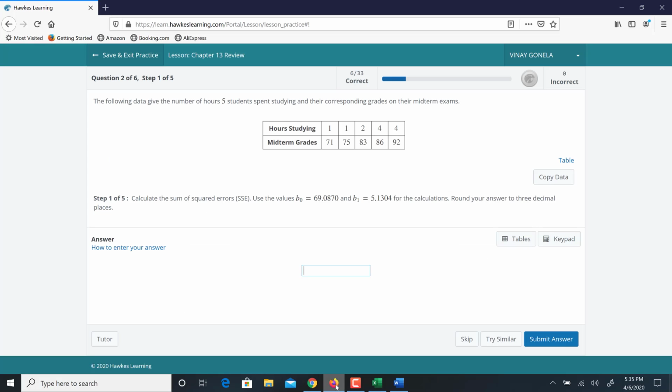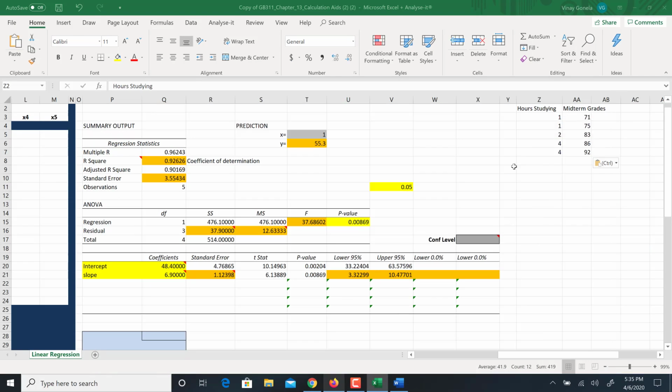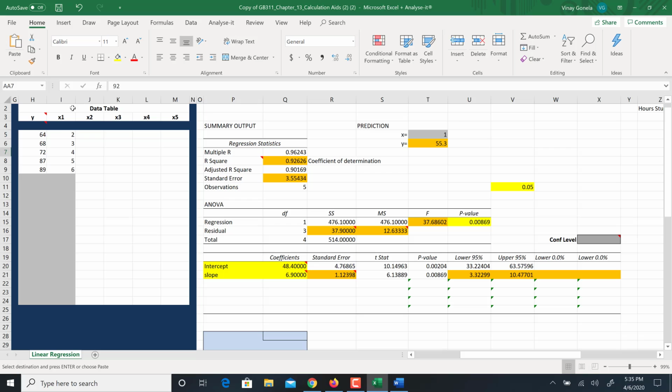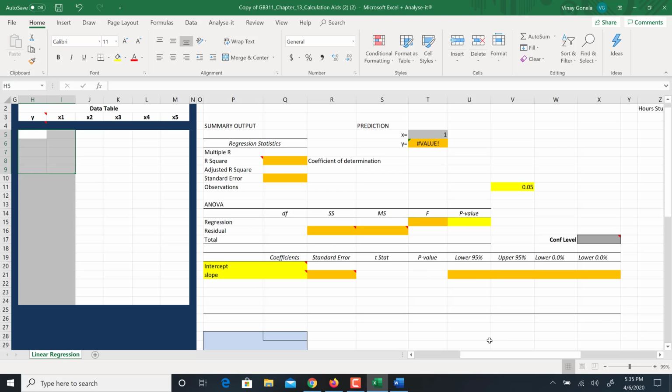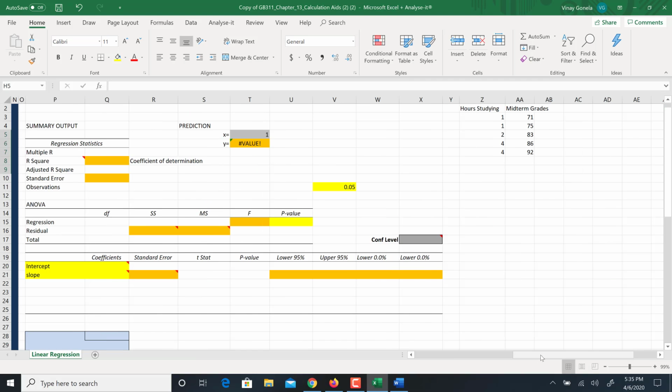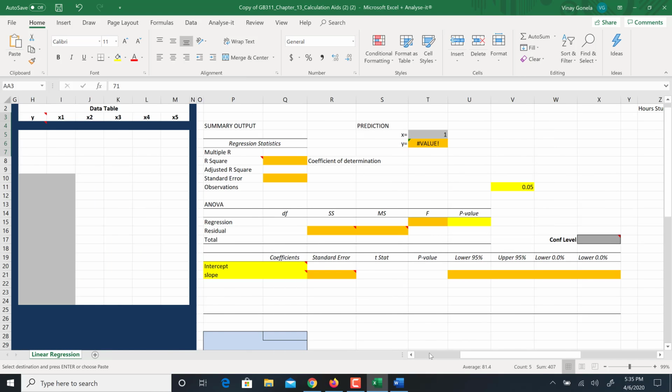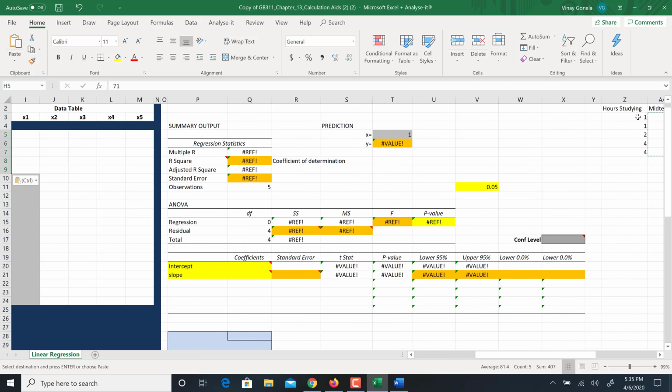Let me cross check if this new data is right. Midterm is your y. Let me delete these first. Midterm is the y data. Copy this, paste here,